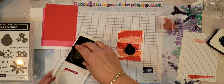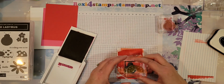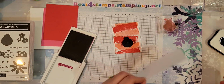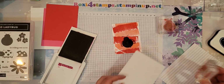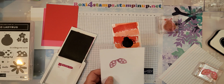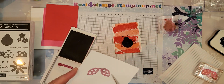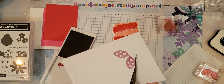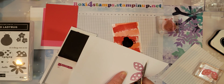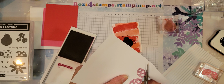Not really great. So you know what I'm going to do? Let me take the back of this index card. Let me cut it out really quick. Yes, I'm using an index card. I'm not using cardstock. It's not going to have the same look, but